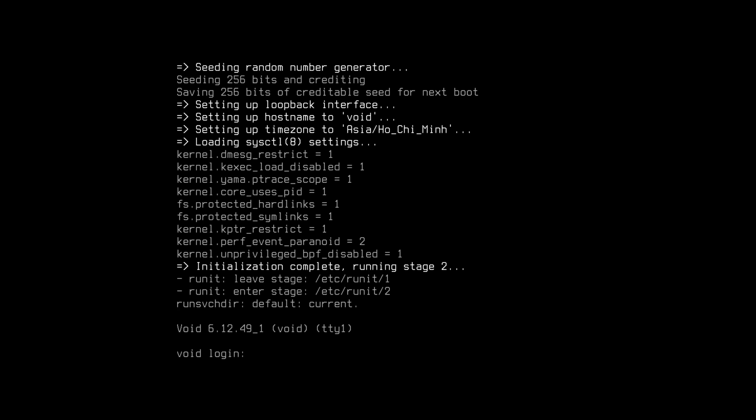Alright, in this video I'm gonna show you how I set up DWM on my minimal Void Linux setup. So we're gonna log in. I'm gonna create a directory called, let's say, source, and cd to that directory. So first I need to install some required packages like